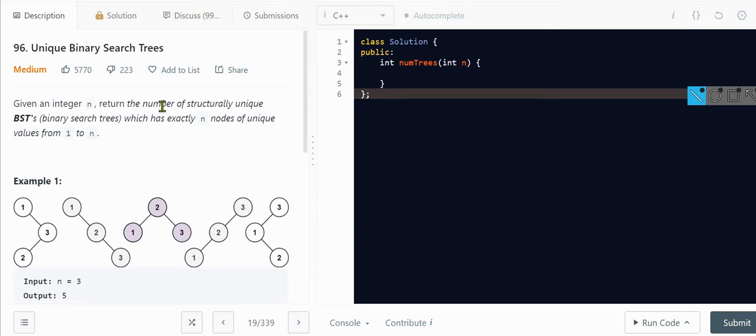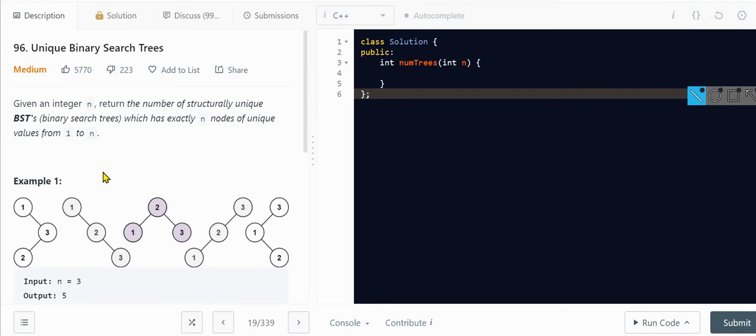Okay, all right. So today we'll be studying the unique binary search trees. That is a LeetCode medium type problem, and it's a kind of a DP solution. So if you don't know DP, please kindly follow some tutorial of DP because I will not be explaining the DP solution, and I will be more focusing on the technique I will be following.